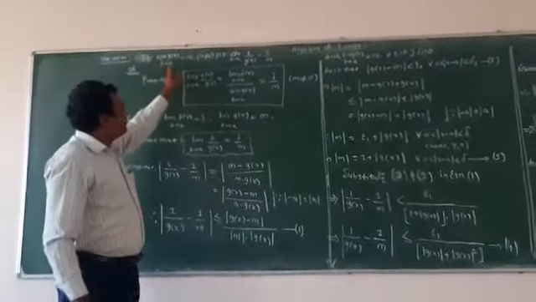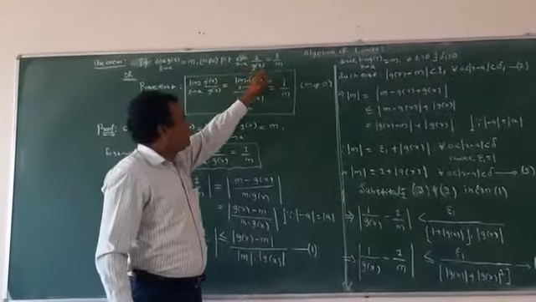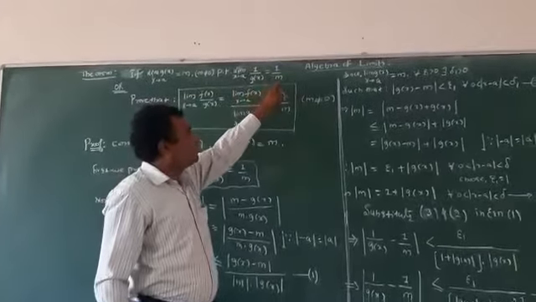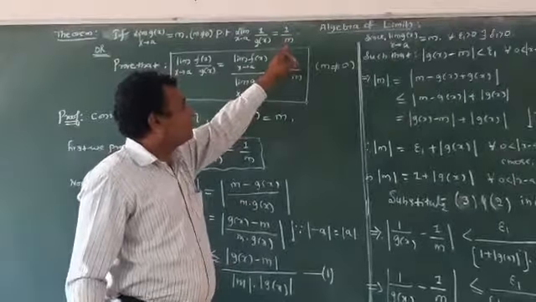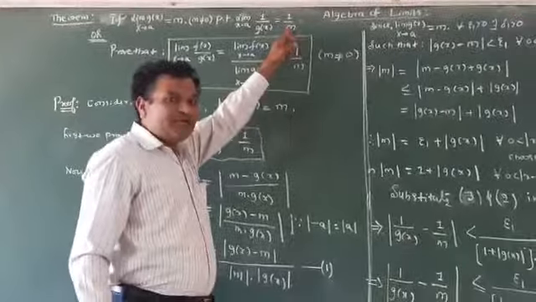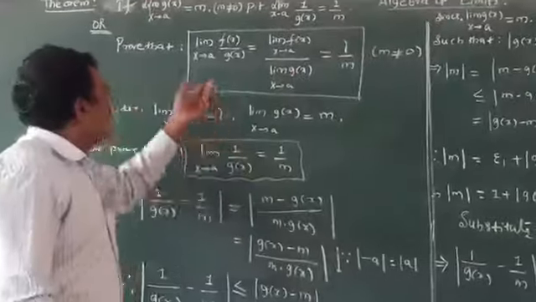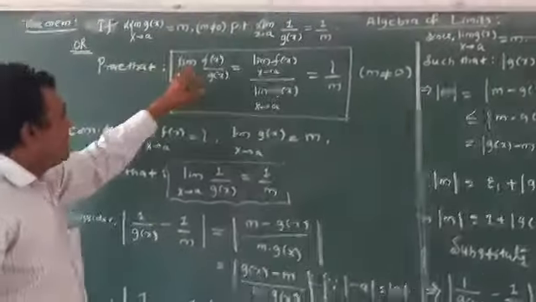Limit of g of x as x tends to a equals m, where m is not equal to 0. Limit of 1 by g of x as x tends to a equals 1 divided by m. So this is one question. Here the condition m is not equal to 0 is there, because if m equals 0, 1 by 0 is infinity. So another proof: